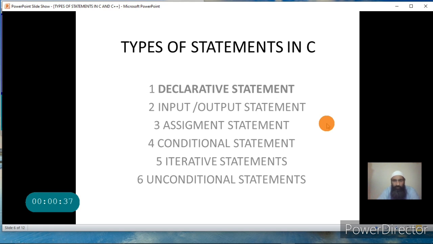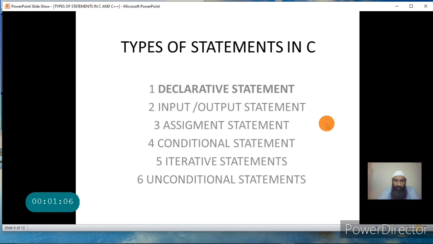We have seen the declarative statement, in which we give a name to a memory location, and that location can be accessed with that name. A memory location is also called a variable. We have given the syntax of the declarative statement. That is the basic syntax, and as we move on with C, we will give different other forms of the syntax that can be used for the declarative statement.